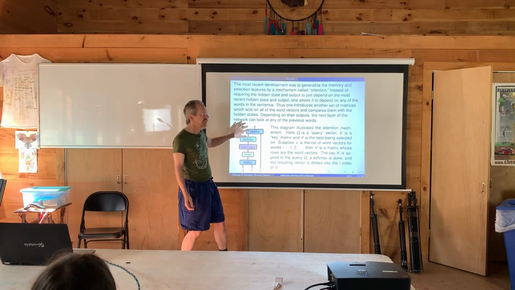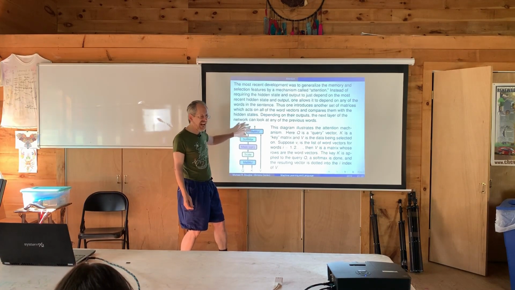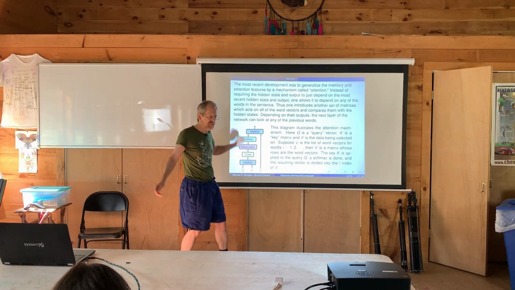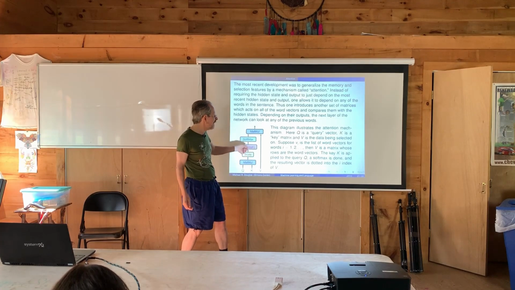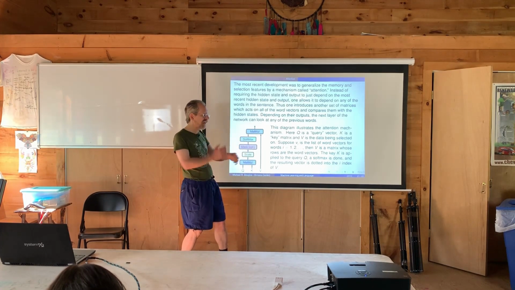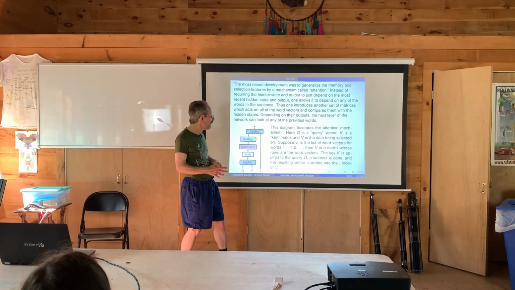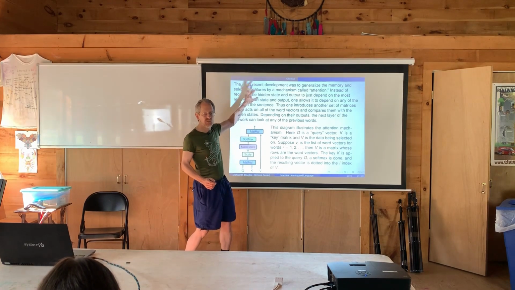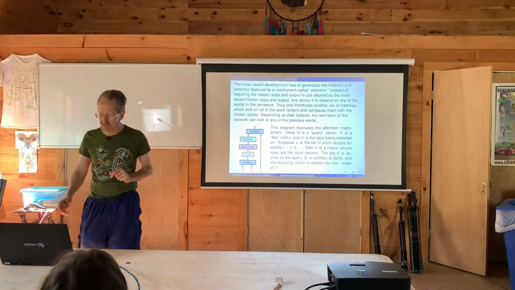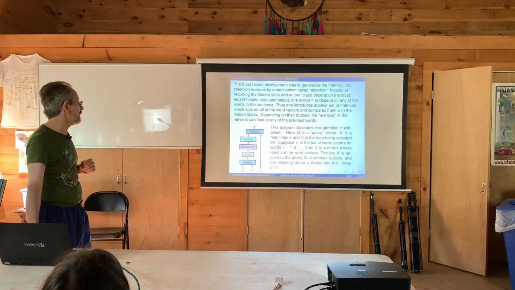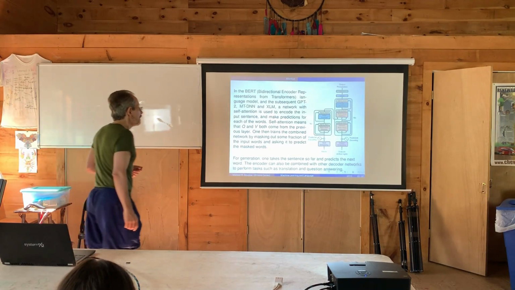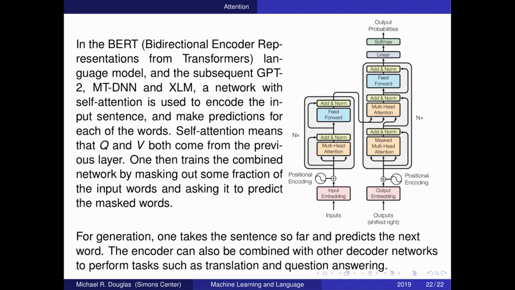And then it focuses on the relevant ones and adds up according to the weight. If this one's important, it will add up that vector with a high coefficient. If it's not important, it might leave it out or add it with a low coefficient. And then it does the kind of thing we talked about on the other slide to make a prediction. And then you can soup that up. The thing that I'm about to show you is a version of using that, called a transformer network.